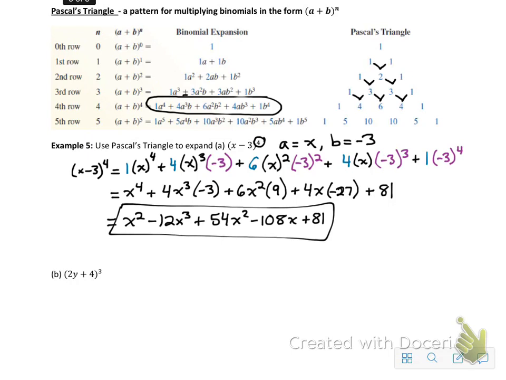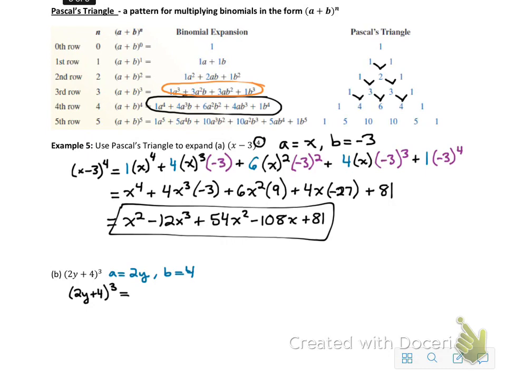So we have our 2y plus 4 cubed. So our a is 2y, and our b is 4. And that's a positive 4 because it came as a positive 4. And this time we're using this row. Okay, so we have to plug it in. So let's do our 2y plus 4 cubed equals,